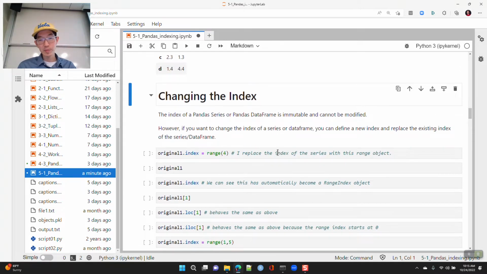So those are options. Okay, what if you want to change the index? Well, the index of a data frame or series is immutable. You cannot just go around and modify the index, okay? But that's not to say you can't change the index. You can take the index attribute of a data frame and just reassign it an entirely new object, okay? So, for example,